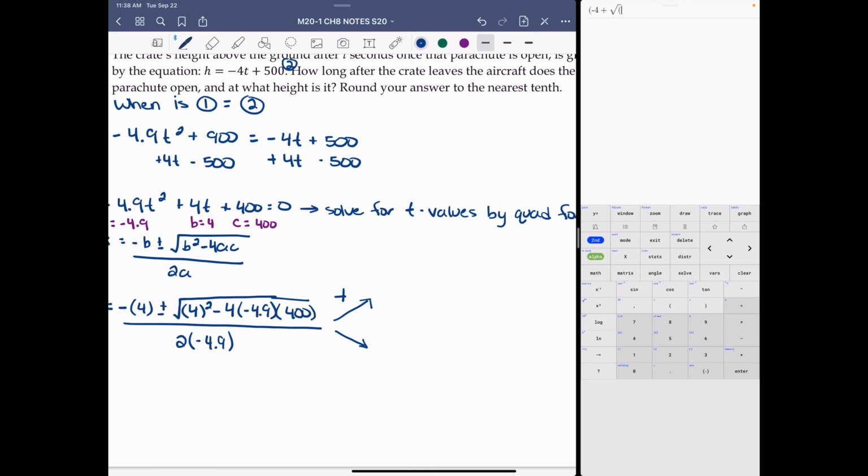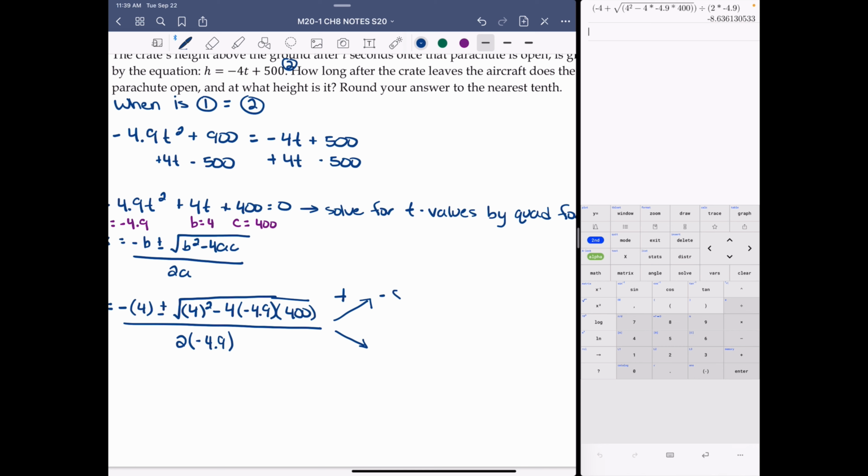I'm going to do another set of brackets because I want to tell it that I want all of this under the square root. 4 squared minus 4 times negative 4.9 times 400. Close the brackets, that's all under the square root. Then close the bracket again. I'm going to move over so I'm out of the square root now and then hit my second bracket. Then I'm going to hit divide. And now I want to divide by that product. So bracket 2 times negative 4.9, close bracket. So it's going to make sure that everything that should be on top is done together and then it's divided by the product of 2 times negative 4.9. Hit enter and we get